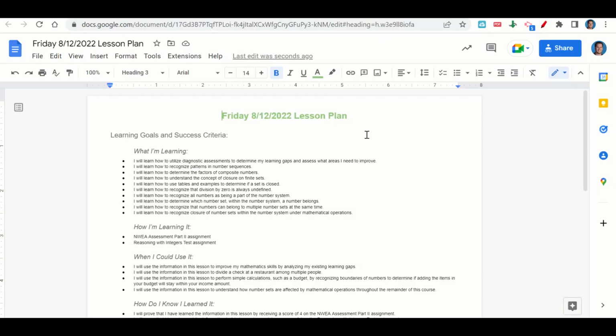Welcome everyone. Let's begin our lesson for today by going over the learning goals and success criteria. First, what are we learning? We're learning how to utilize diagnostic assessments to determine your learning gaps and assess the areas you need to improve,